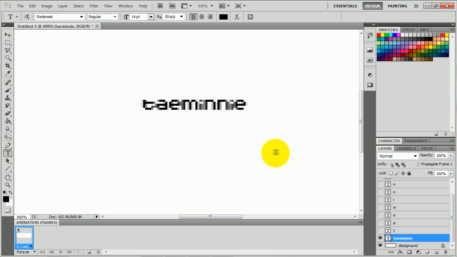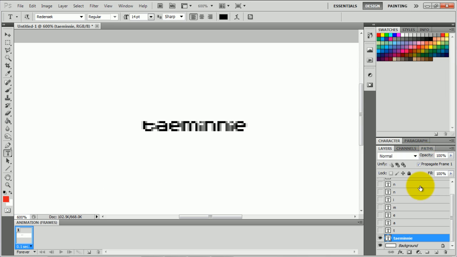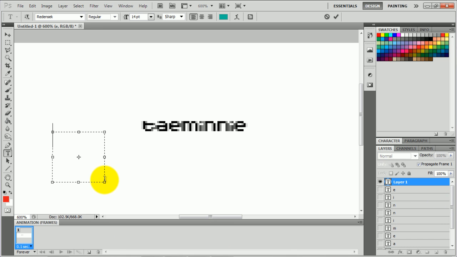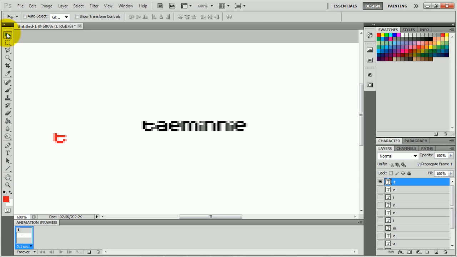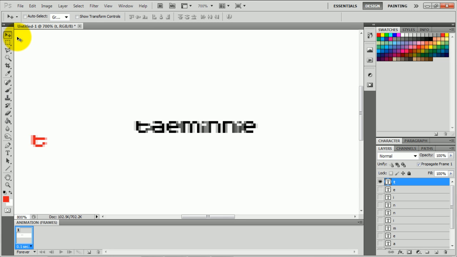Then what we've got to do is type out each letter into a separate layer. Now with the text tool, every time you create a new text box, it will automatically create a new layer for you, so you don't have to worry about that. So grab a color you want and just begin typing. So I've actually already done this, but I'll just show you what I mean, just in case you don't get it. So let's say T. Okay, I'm gonna do this in red. So T, and then zoom in as much as you can,